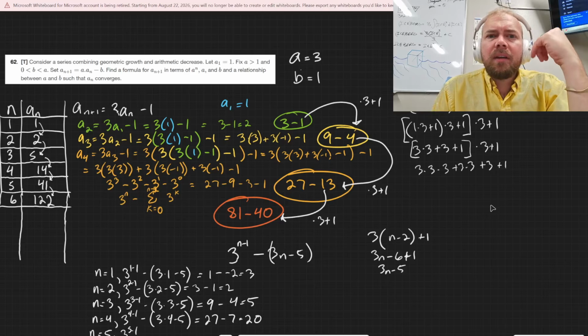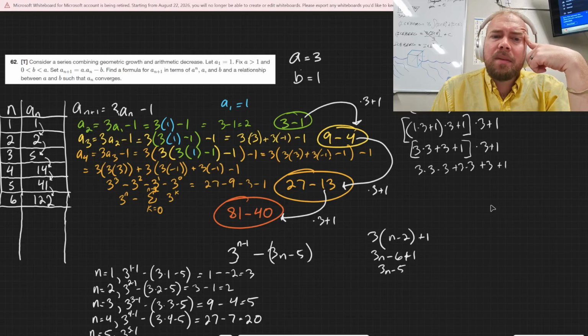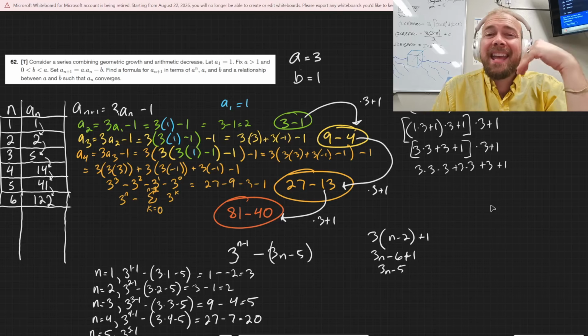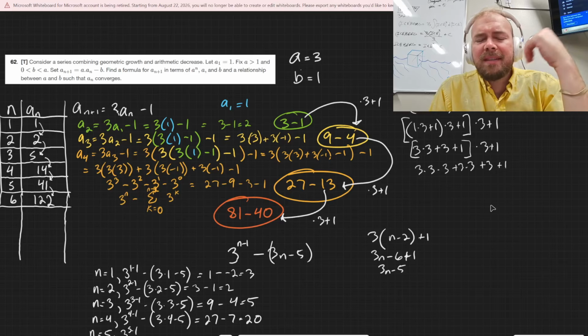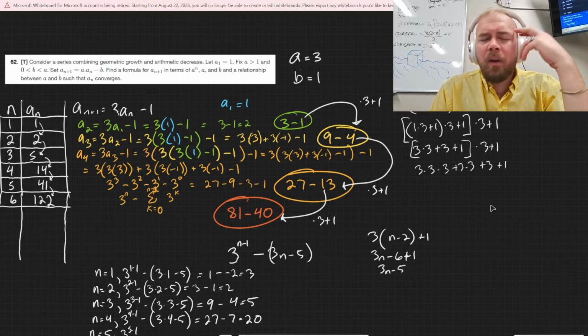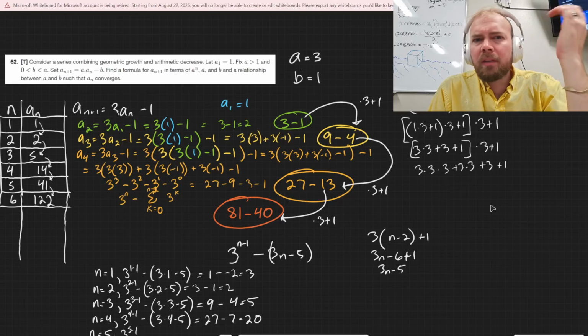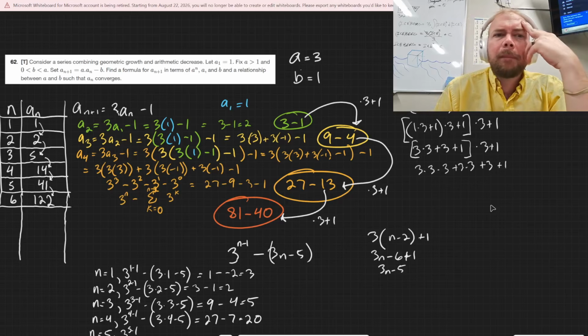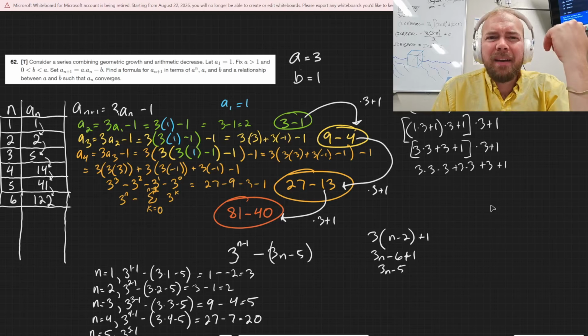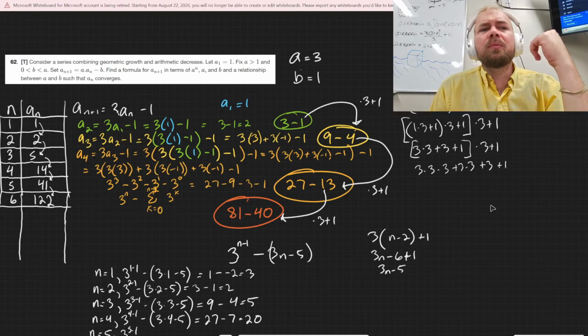Fix a greater than 1 and 0 less than b less than a. So that would mean that b has to be positive, and at least, it can be less than 1, but it doesn't have to be. Because a can be like 1.000001 or something like that, and then b could be 1. They didn't specify that we had to be in a certain